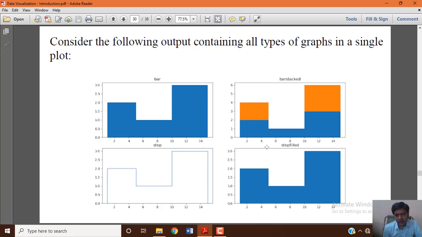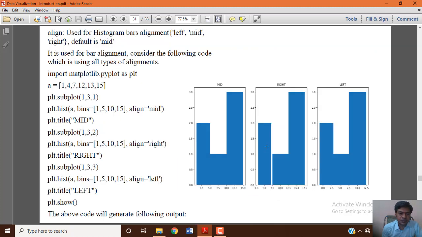Within a single image region we printed 4 different images. That is how we use the parameter hist type. Then another one is align, used for histogram bars: align left, mid, right, by default it is mid. It is used for alignment. Consider the following code to see how it works.